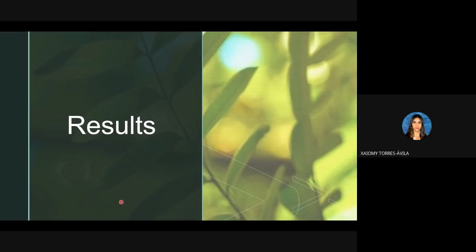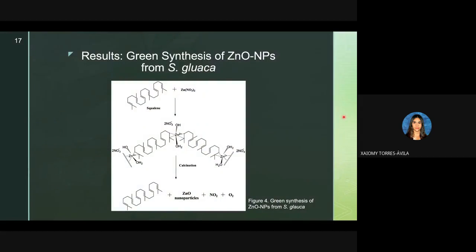All right, now I'll be taking over and explaining the results of this research. Starting off with the green synthesis of zinc oxide nanoparticles from S. glauca. In this figure, we can see a possible mechanism for the formation of zinc oxide nanoparticles from aqueous S. glauca leaf extract,